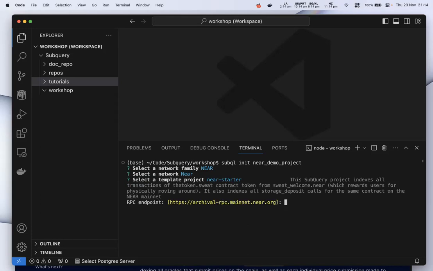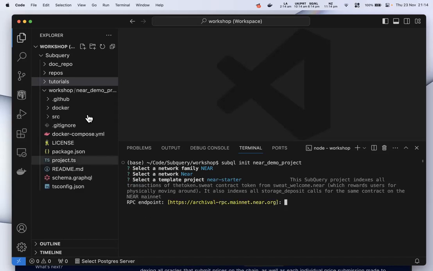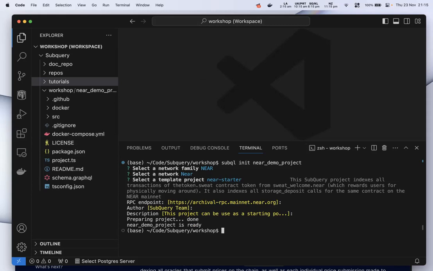So let me try this. And then automatically on the right-hand side, you can see we've got the scaffold or the structure of the project all created for us. And this makes our job a lot easier as well. So back to our command line here, we need to provide an endpoint. If I just hit enter, the yellow default will be accepted. So let me just accept the default here. Just for demo purposes, I'll just select and agree, and then that's it.